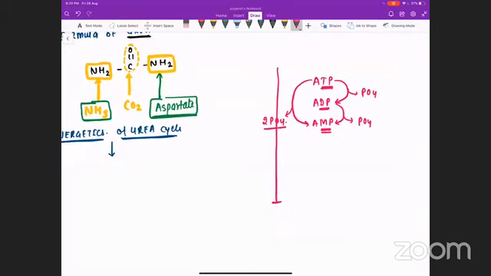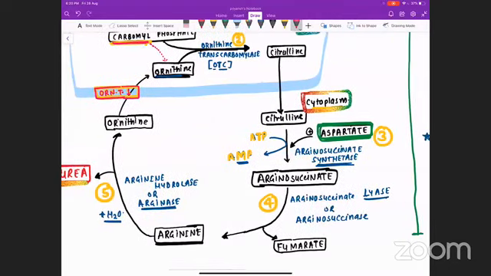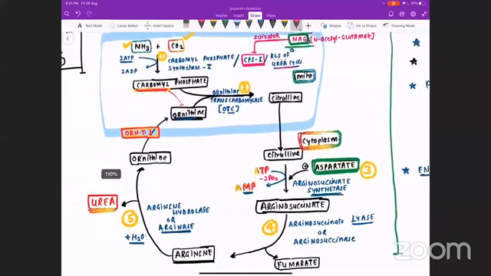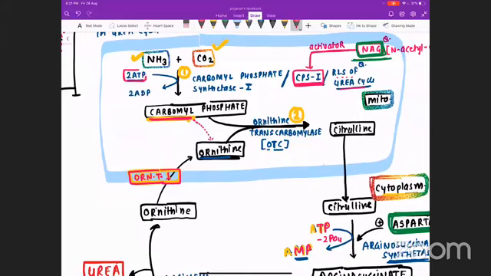If I apply the concept here, now everyone just pay attention on reaction number 3. Triphosphate is converting into monophosphate. Two phosphate groups we are going to use, so I am writing minus 2 phosphate. In the same way, in the first reaction, you are taking 2 ATP molecules and converting them into 2 ADP. Triphosphate is converting into diphosphate, but there are 2 triphosphates converting into 2 diphosphates, so again 2 phosphates are missing.